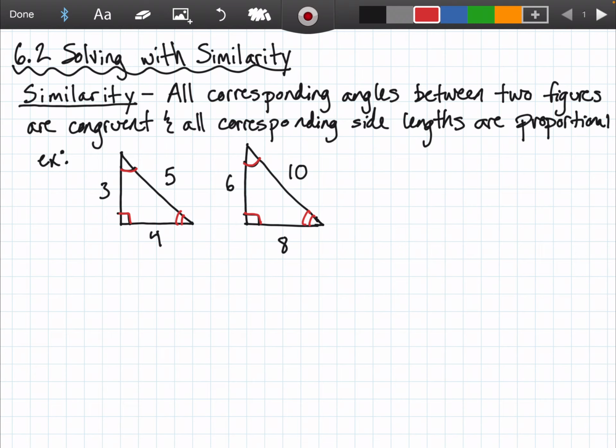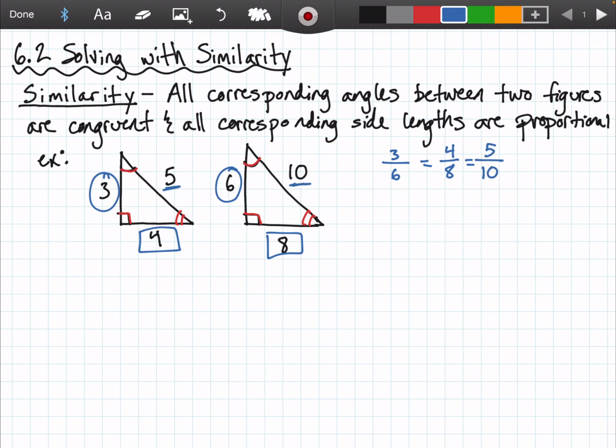And also, all corresponding side lengths are proportional, meaning that here's a corresponding side length here, 3 and 6. So like 3 over 6 is the same as 4 over 8, which is the same as 5 over 10. Because all of those ratios come out to be the same thing, then that's what we mean by the side lengths are proportional. So the big idea here with similarity